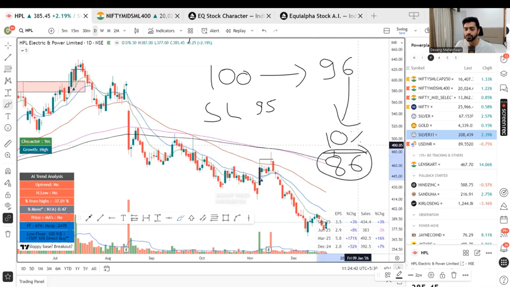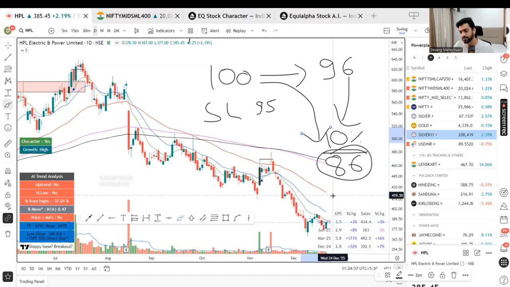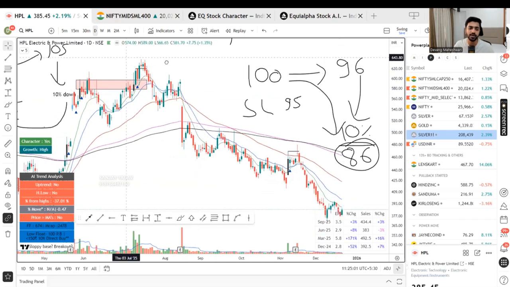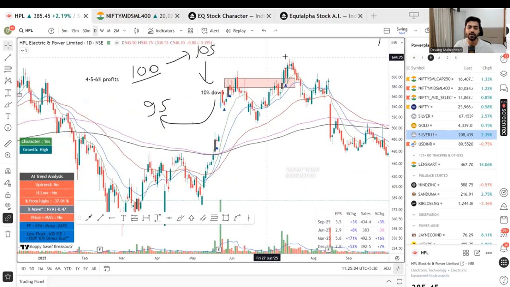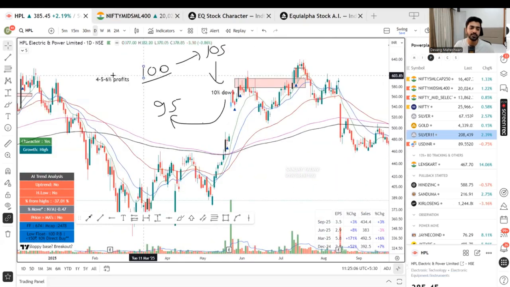And what will be your loss now on this trade from 100 to 86? That's like a 14% loss. Right? We don't want this to happen. We don't want to risk 2-3 times just on a result. We can always try after the result. So this is how both scenarios can happen. And why do we go with this approach?